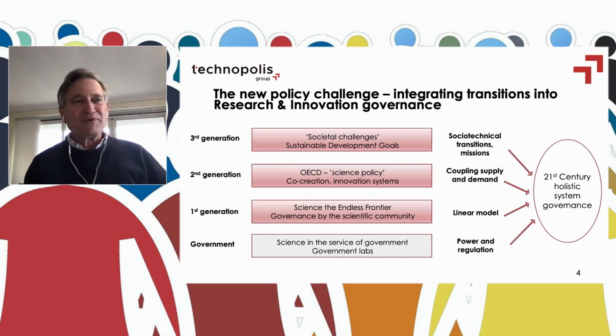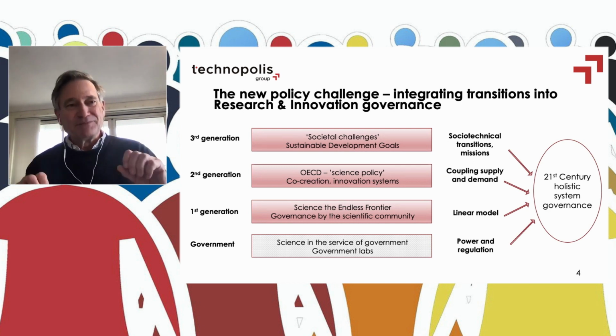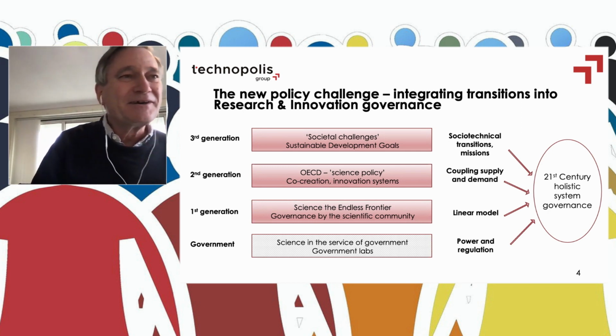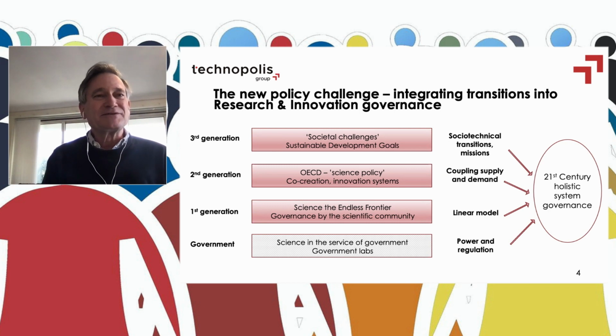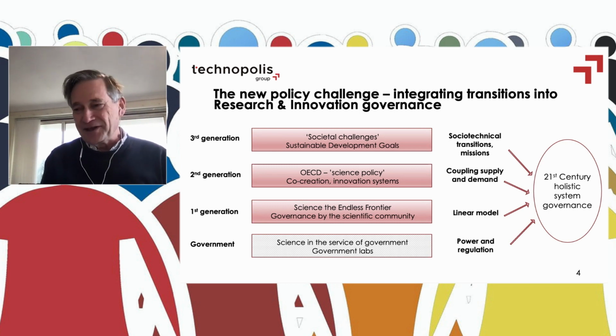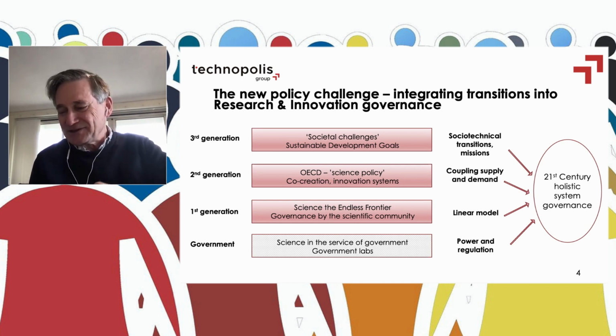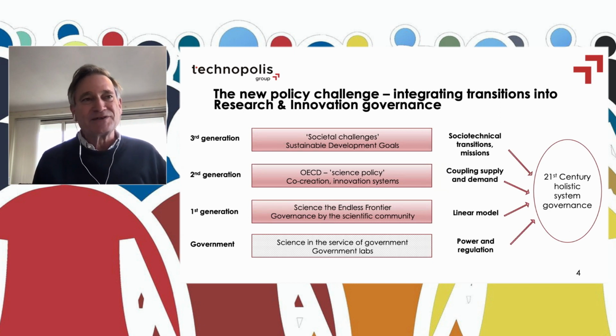Then starting formally in about 1962 or 3 with the OECD's invention of science policy, which isn't policy about science, but policy that says society should influence what science does, we start thinking about actually understanding the links that might connect research to impact in society, understanding that this is a complex system, it's not just an arrow,